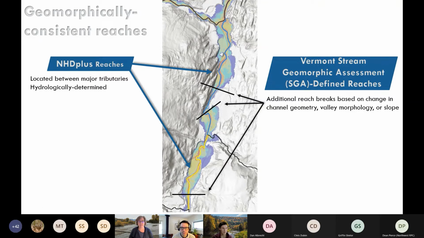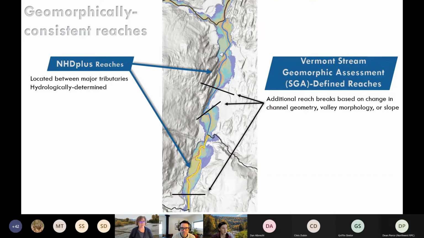And one of these amazing data sets is the Vermont Stream Geomorphic Assessment, which did many things, but in part has defined additional reach breaks. And so you can see what those reach breaks are. These are based on a desktop analysis, but also a good bit of field checking and field analyses. They do it based on channel geometry, valley morphology, or slope, which you can remember are really critical pieces to the Manning's equation, and therefore determining that stage discharge rating curve that defines the extent of